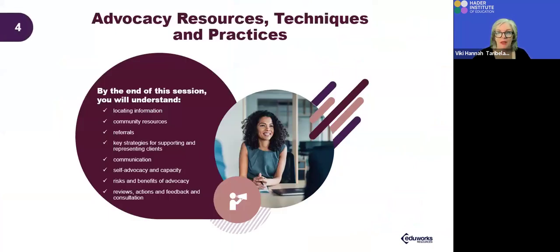Then our final part of CHCADV001 in our key learnings that I'm going through with you. At the end of that session and the week that you're working with, if you go to classes, then you will look at how to get hold of the information about what applies in your state or territory and also your work, how we find other community resources as an advocate for our client, how do we put referrals in place,